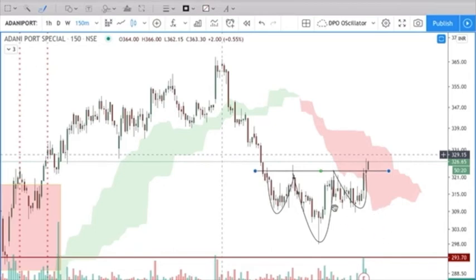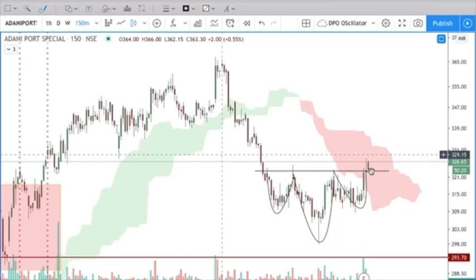What you're seeing over here is the prices are falling, they continue to fall, but the new price doesn't go ahead and make a new low. It actually makes a higher low. So what are we noticing here? Here the prices are constantly making lower lows, but at this point the price hasn't fallen. Instead, it has gone above the previous highs. Now this is one of the basic tenets. When the prices start making lower lows, you say we are in a bear market. When the price is making higher highs, you say we are in a bull market.